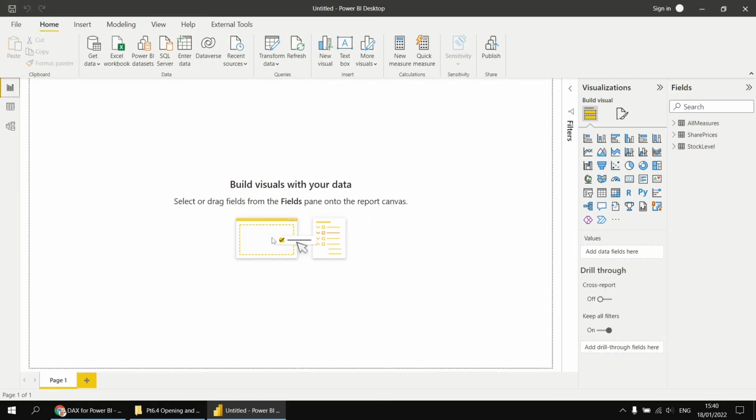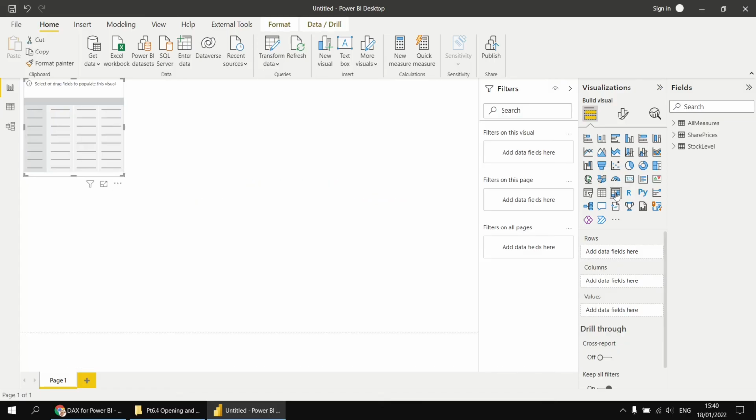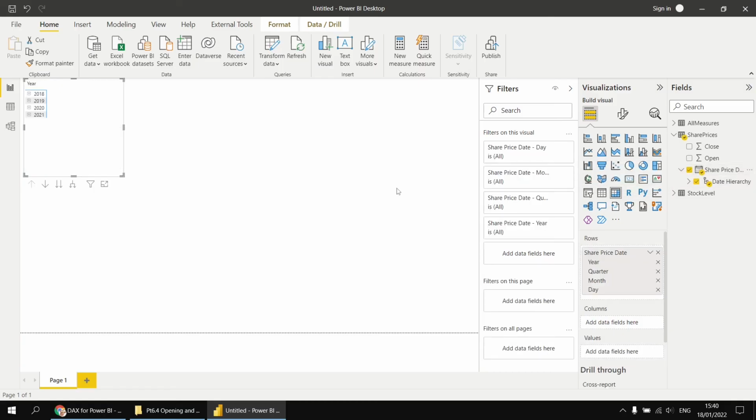If we head back to the report view, I'm going to start by inserting a matrix into the report page, and then I'm going to assign the share price date field to that matrix. So you can see if I expand the share prices table, I've got a share price date. You can see that that's used an automatic date table in the background. I've got a built-in date hierarchy. I definitely didn't create that myself. So I can just check the box next to the share price date and add all the levels of the